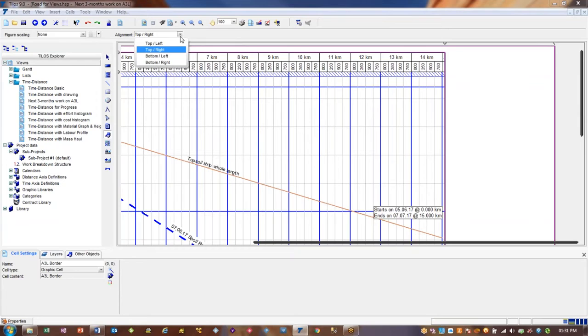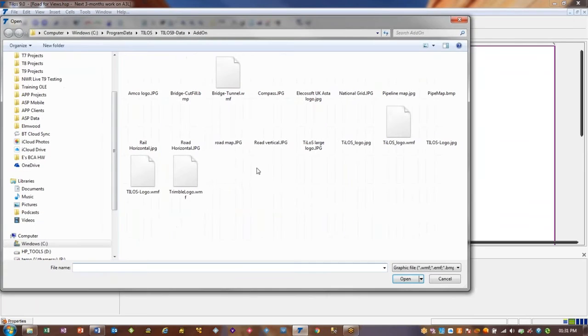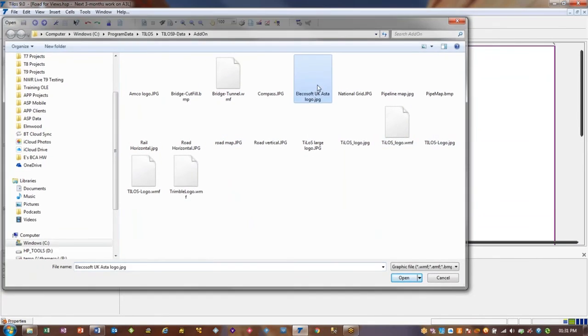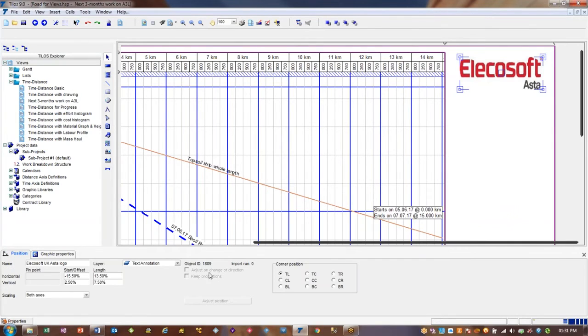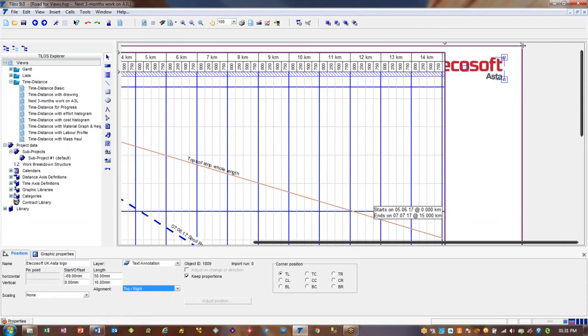We want to connect it to the top right hand corner with no scaling in both directions. We draw a box, we go away and find a graphic that is on our computer somewhere, and we could set no scaling for that example and keep the proportions, and so that would move around with it. And connecting it to the top right hand corner is, were we to change our mind,